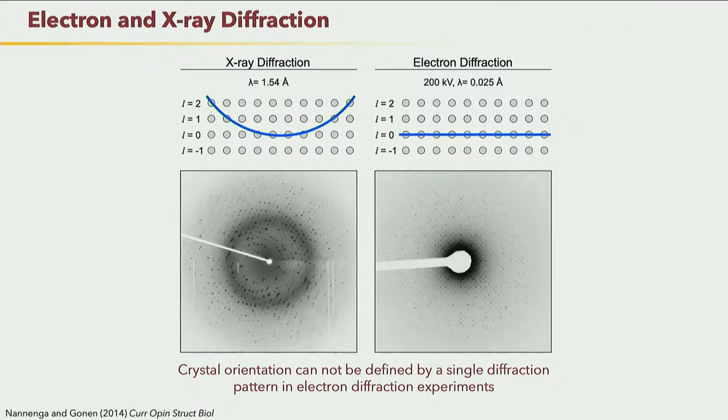Electrons, you can't. And so this was the first bottleneck that we had to overcome when we were developing this technique. So it's like, well, how does this work? And when people were trying this in the past, what they would do is what you would do for 2D crystals, which is you hit the crystal with so much dose that you get one shot and that's it. Well, if you can't index off of a single shot, that's a problem. So our thought was,